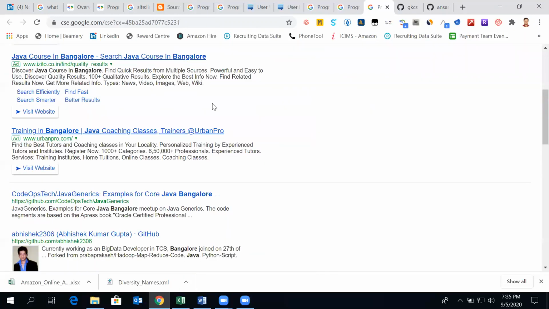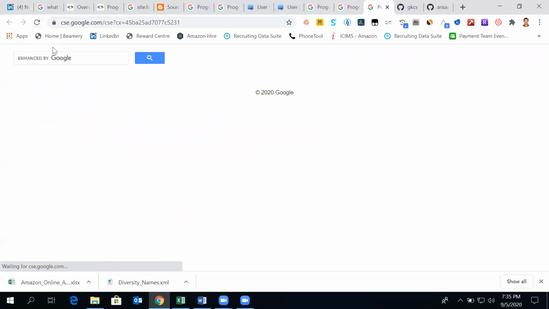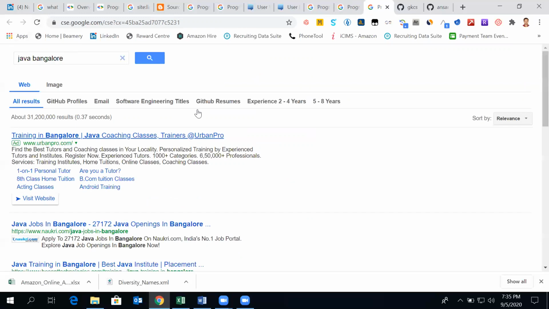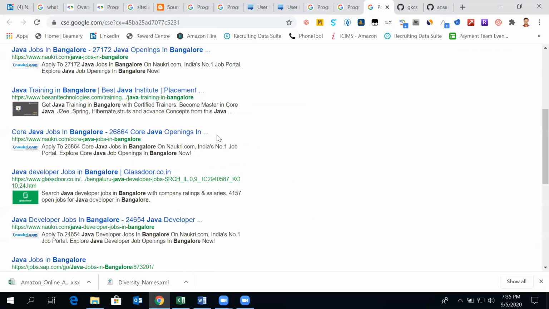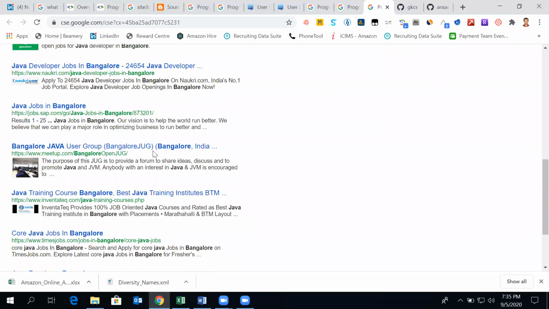So now we have done search entire web. Now let's see how it differs. So now it's searching from the entire web. It has become more open-ended now.